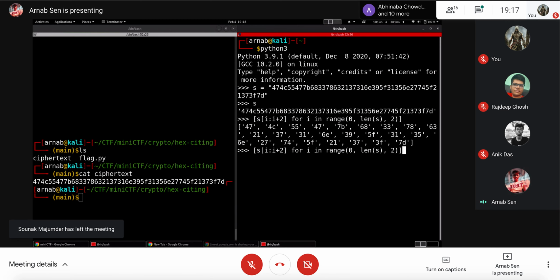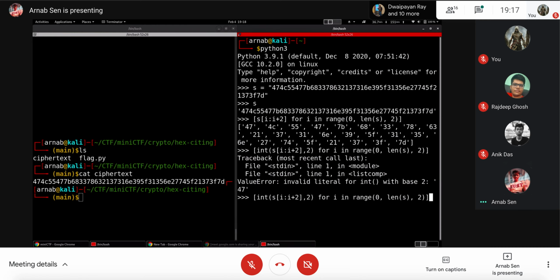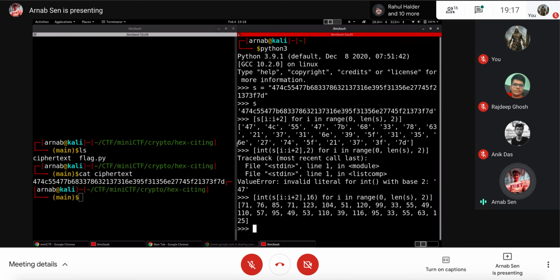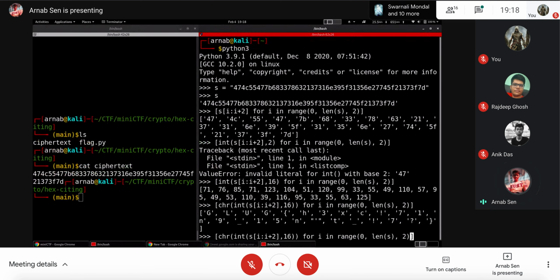So over here, what I can do is convert every hexadecimal value to an integer. Oh, sorry, it's not byte. It should be 16, right? It's hex, so I have to put the base over here. So you get the base over here, and then we pass it through chr, which will give me the corresponding character. And just join it up.